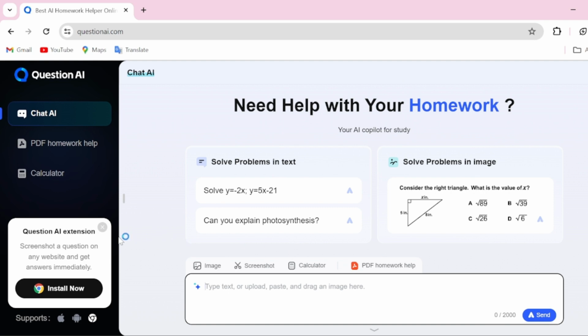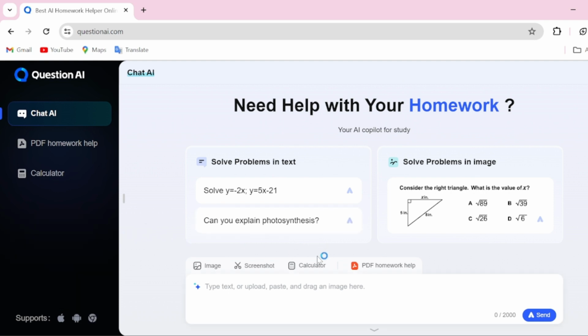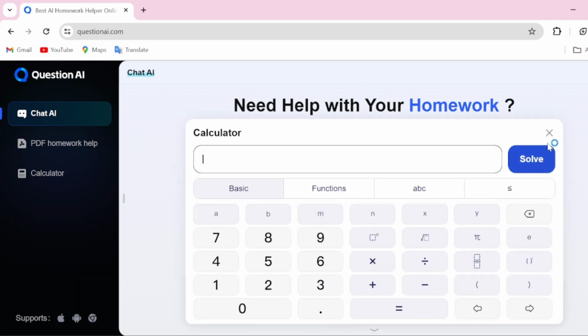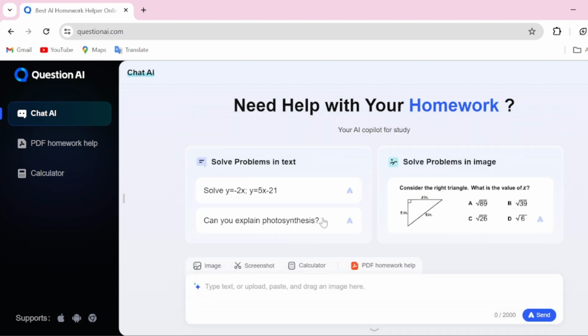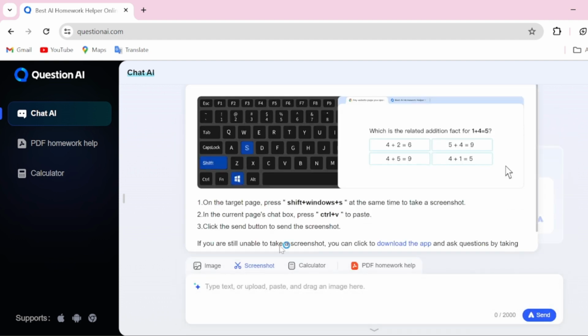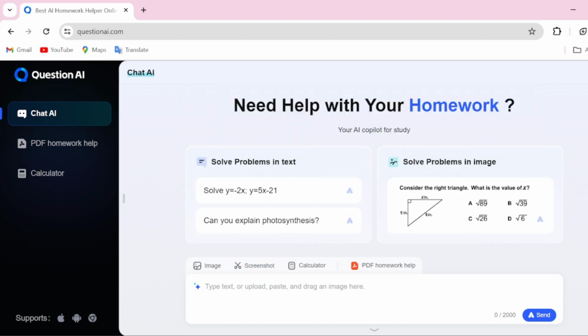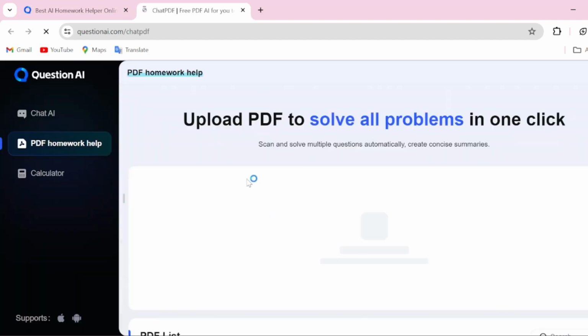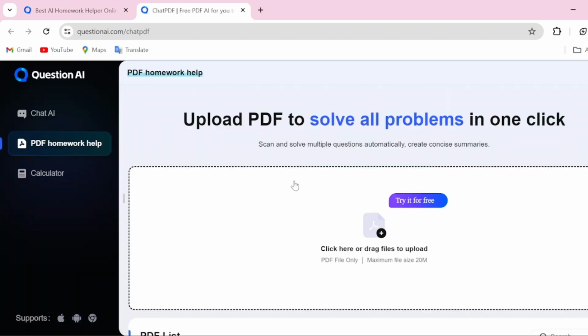Here, some options are given by this AI to you. It is a calculator that can help you solve your critical problems. You can also take a screenshot. It will teach you how to take a screenshot on a laptop or PC. Then you can send a PDF here. First, you just need to click here and